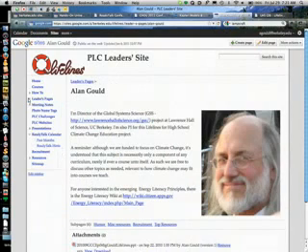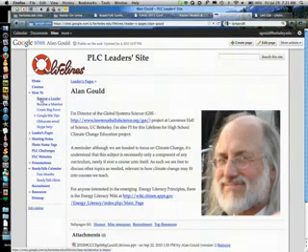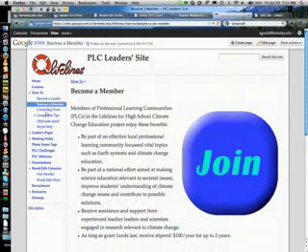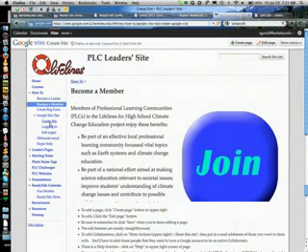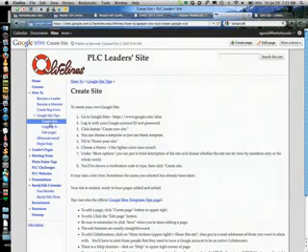There are some how-to sections in here: how to become a leader, how to become a member of a PLC. Google site tips, like how to do things in Google, like logging in, how to create a site. Google actually has pretty good instructions for these, but